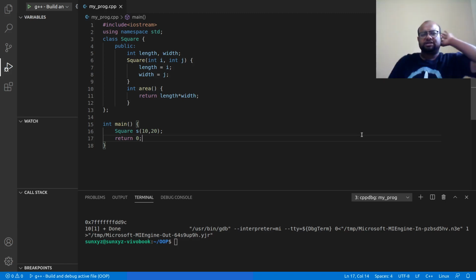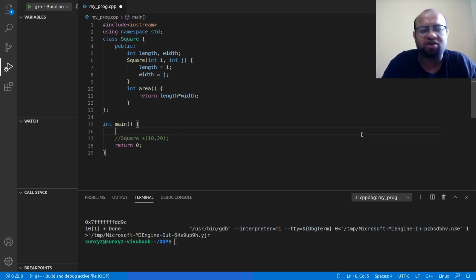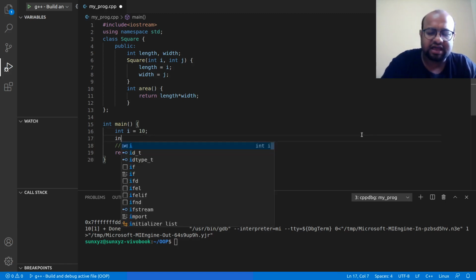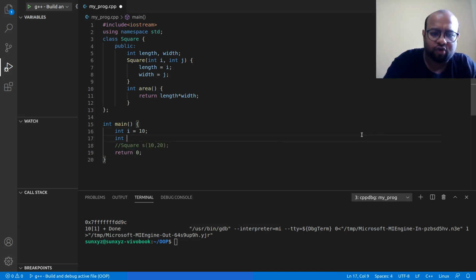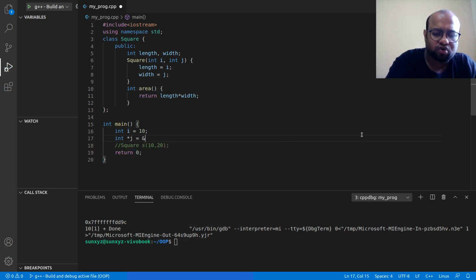That being said, let me not talk about this right now. Let me talk about something very simple that you have studied already in your first year. I am going to create an integer i, and it has a value of 10. I am going to create a pointer, and this is going to store the address of i.